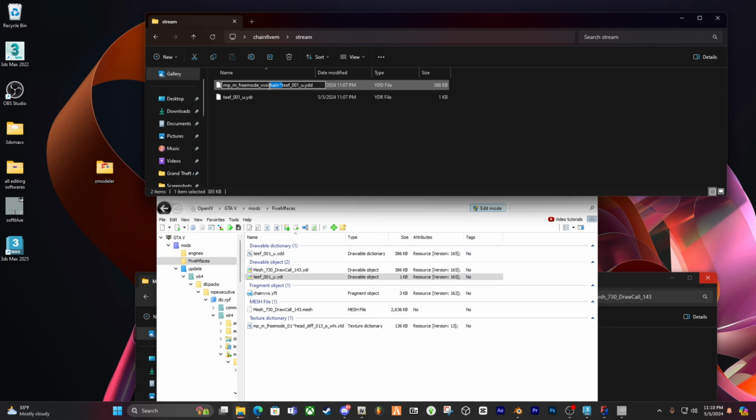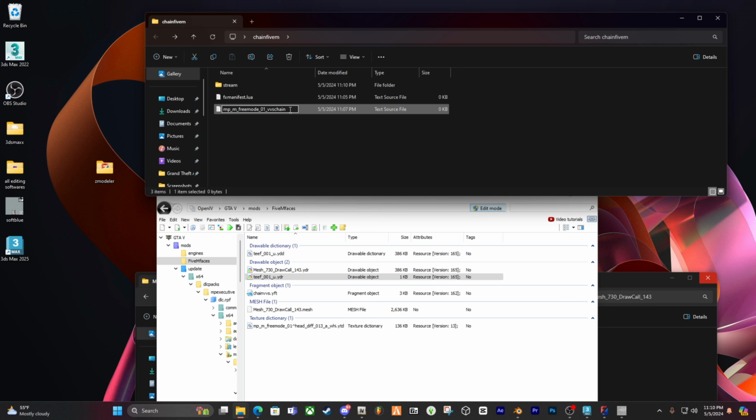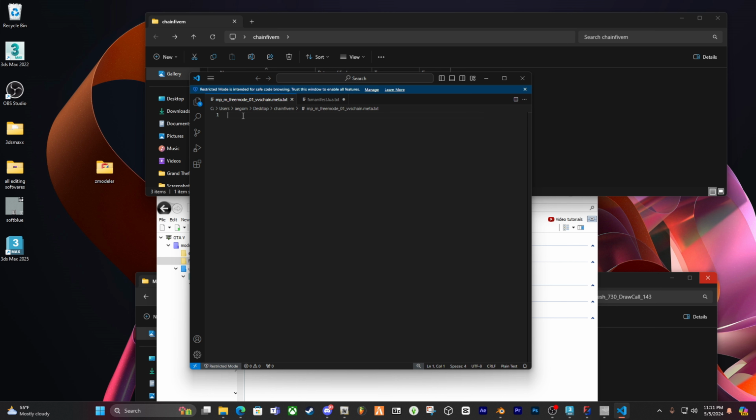After that, you're gonna highlight all that you just put in front of TIFF, copy it with Control C. You're gonna go in front of the second one, all the way in front, paste it with Control V, and then highlight VVS chain or the name of whatever you named it. And then you're gonna go back to your freemode 01, and at the end of that, you're gonna Control V what you just copied, which is VVS chain for me, different probably for you. And then at the end of it, you're gonna put .meta, and then you're gonna go into that file, and you're gonna paste in